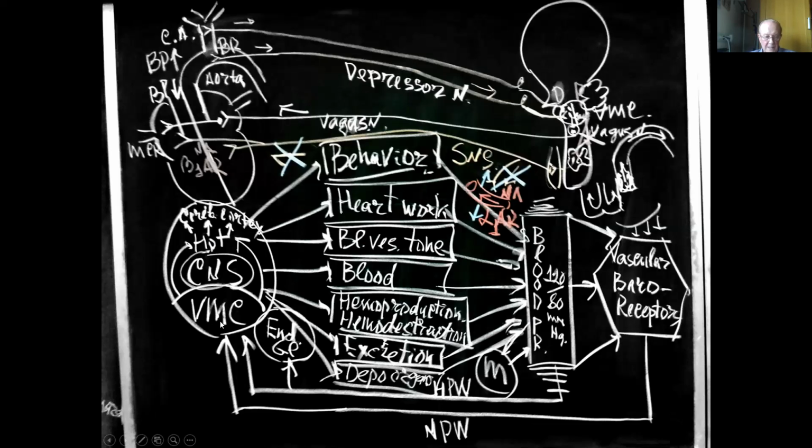What does the central nervous system do? It processes the information and makes a decision how to normalize this blood pressure. It may be normalized with a lot of processes. The change of the heart work, positive or negative effects. The change of the tone of the blood vessels, contraction or relaxation of the blood vessels, change of the amount of the blood in the blood vessels, hemoproduction, hemodestruction. Excretion processes in the kidneys may influence the amount of the blood.